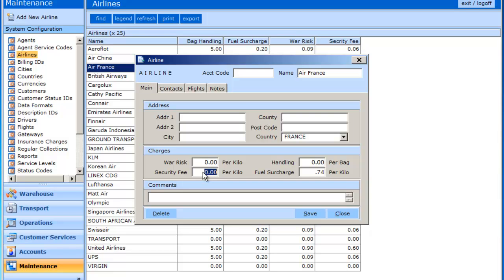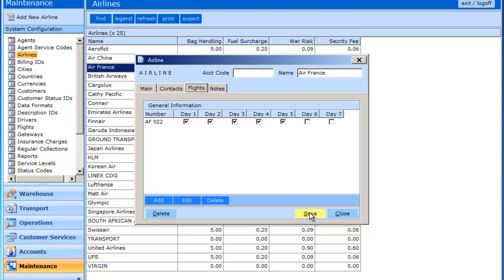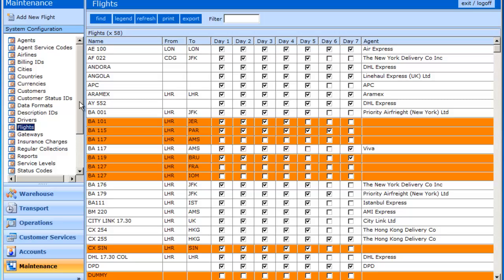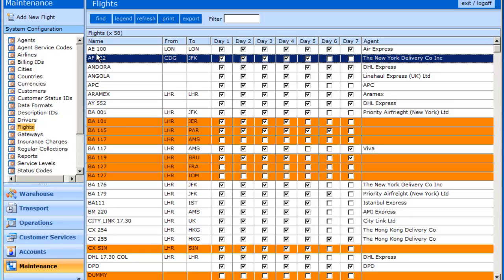It doesn't really matter which one you use. These are just spaces for other per kilo charges, for example if you had other security fees or other charges. So what we'll do, we'll save that now,